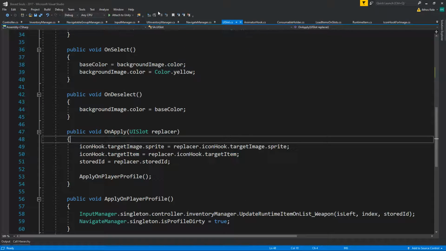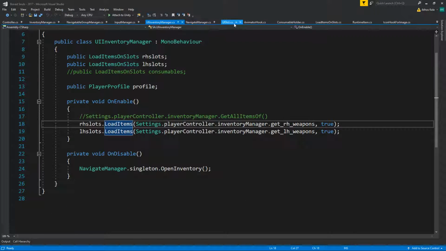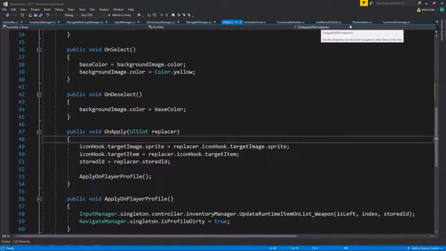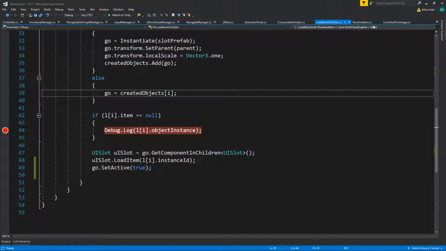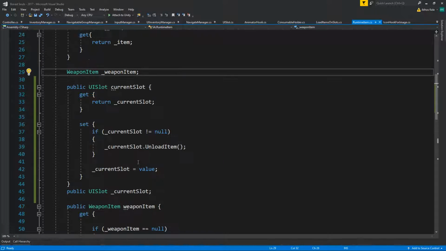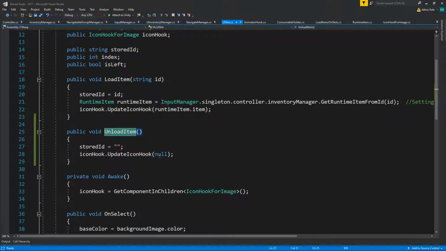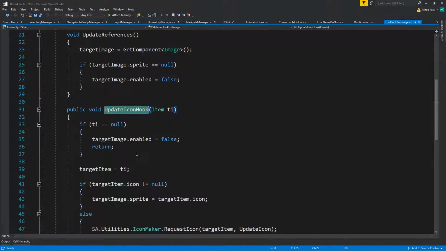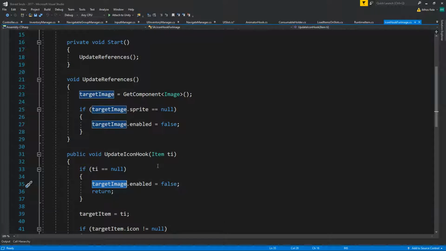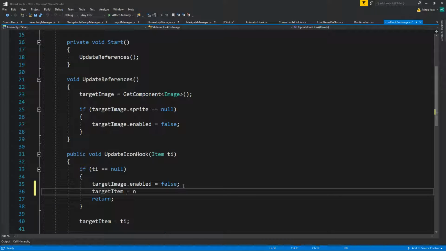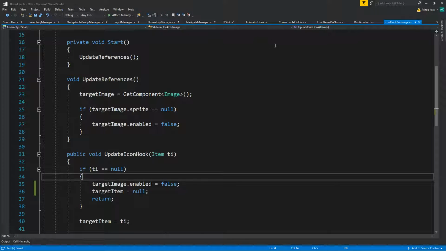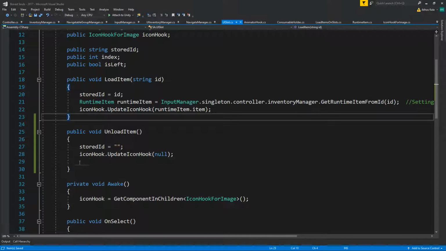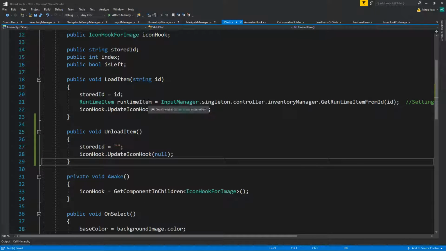So we should cancel this as well, which means on our runtime item, on our unload item, let's see, the target item is null, target image we close it, but we should also make null our target item. Okay, that will take care of one of those things. Then